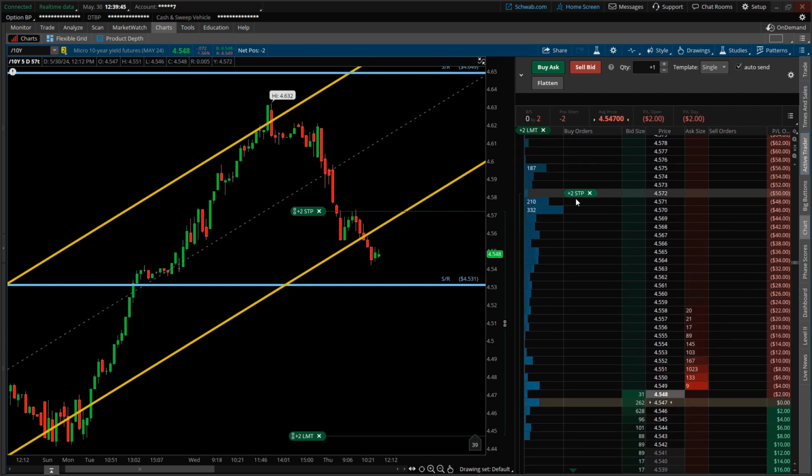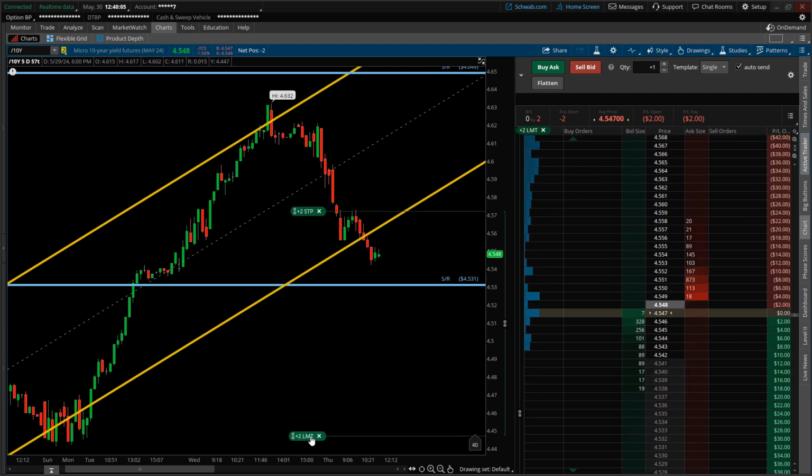So if I scroll up, my stop order is sitting right here at 4.572, which is equal to a $50 loss. So if or when price breaks above this price point, then this order will get executed, closing my trade, incurring that $50 loss. Now, on the other side of the trade, I have a limit order sitting down here,